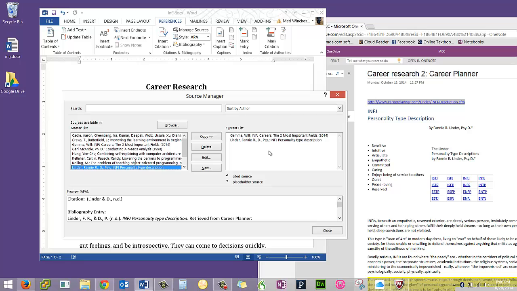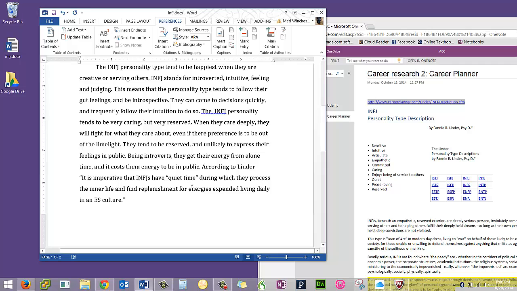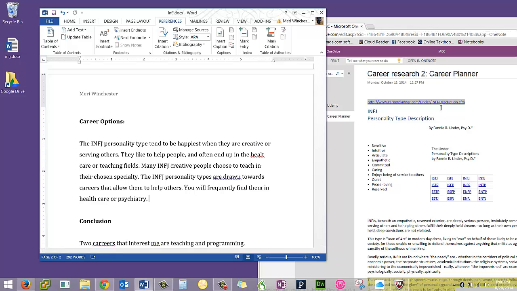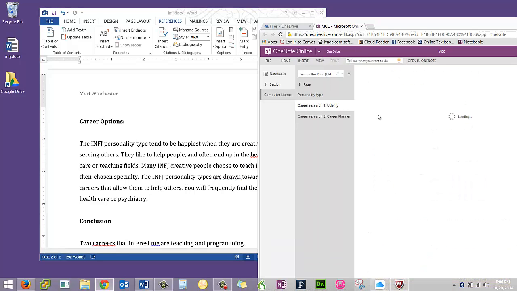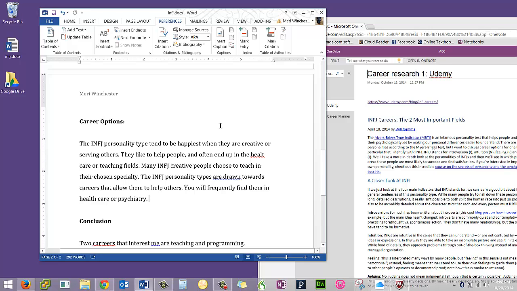Now there's two places in my paper where I want to cite sources. I have a quote here by Linder. So I'm going to want to insert my source here. I'm going to go to Insert Citation, and I'm going to choose Linder, Fanny, and this comes in as Linder, ND, which stands for no date. For my career options, I was using my other source from Will Gemma. So we're going to want to cite this paragraph,